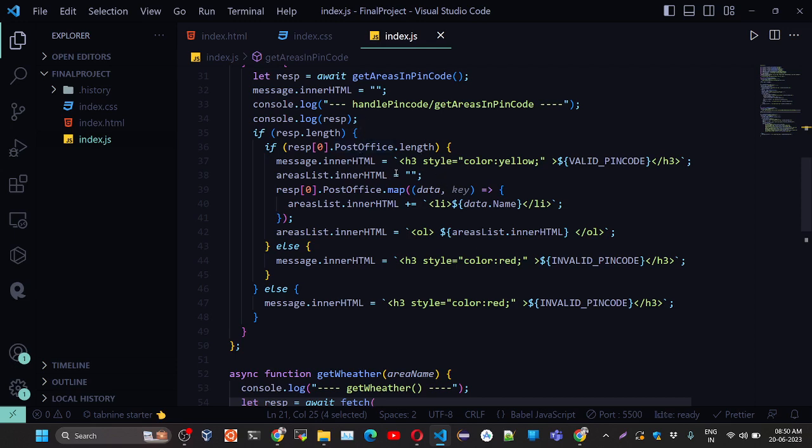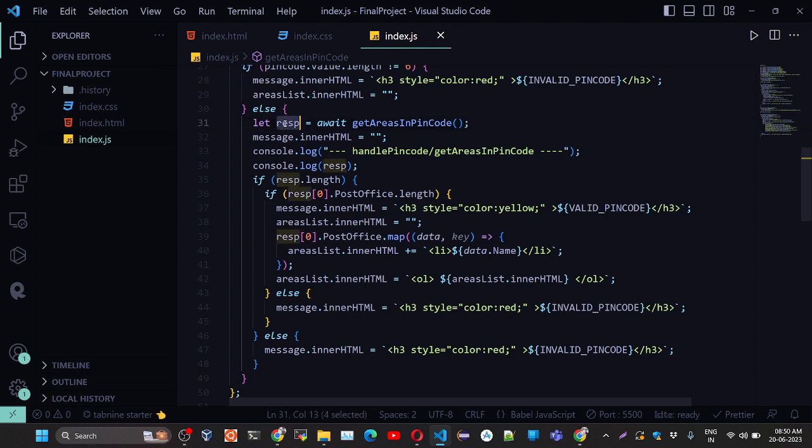So you can see here, where is this? Yeah. So if I got the response data, then I am checking response of 0.pincode.length, whether we have the data or not. If we have the data, here you can see this is an array, so we have the map function, right? The map function is like a loop, right? So with the help of this map function,